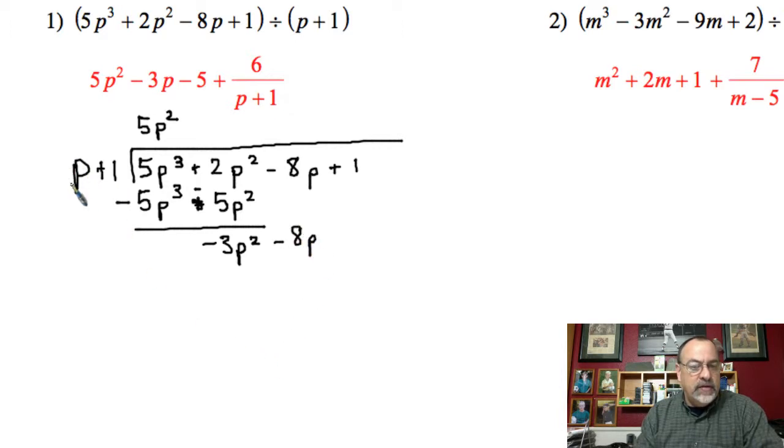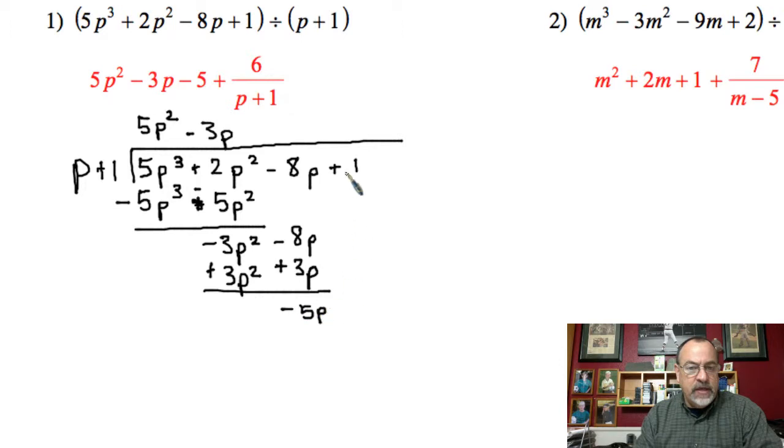And now I go back to the letter p into negative 3p squared. So I'm going to need to multiply by negative 3p. Negative 3p times p is negative 3p squared. And then negative 3p times a positive 1 is negative 3p. Now again, we need to change the sign of both and then add. So this is 0, and so this is going to give me negative 5p,